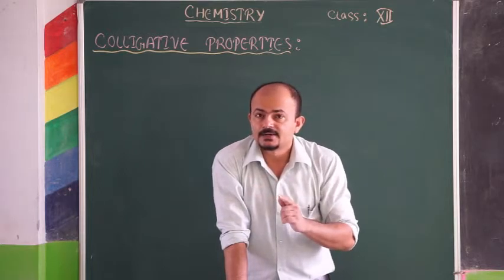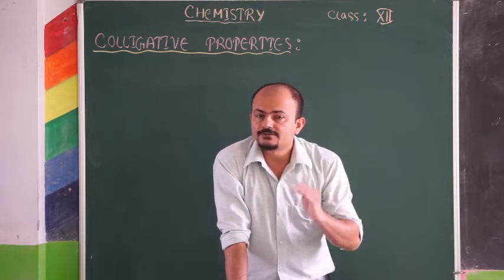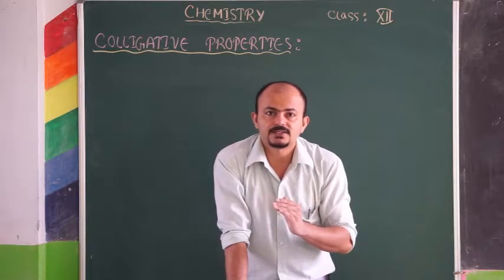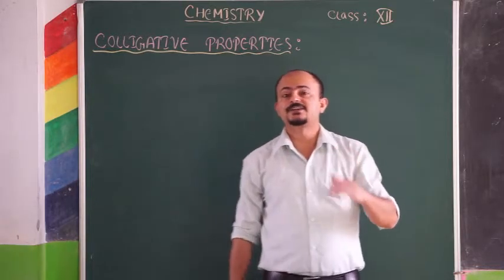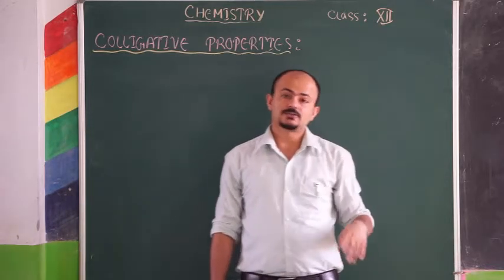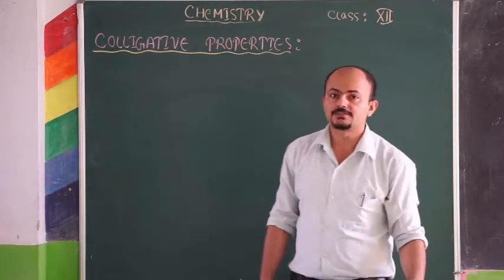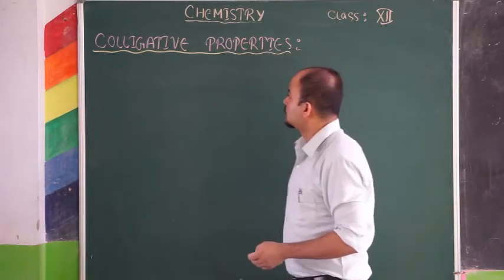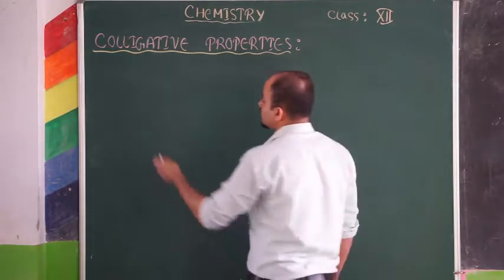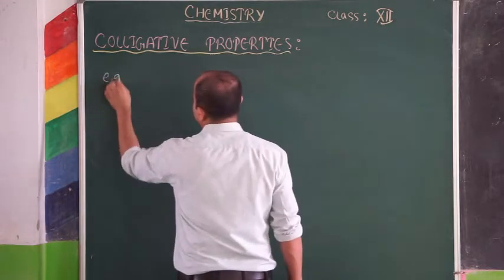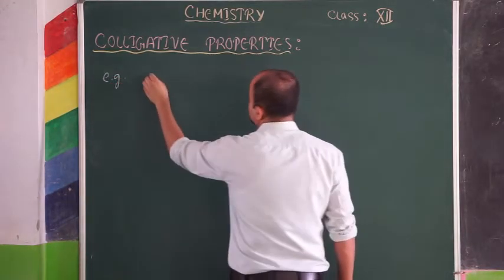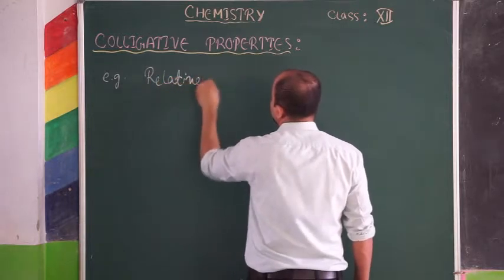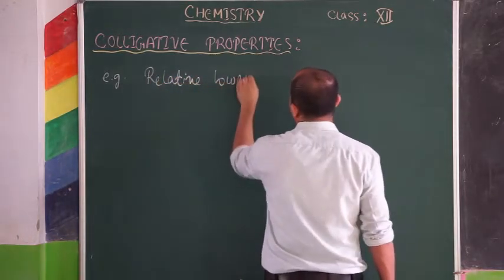Whenever there is a change in the number of ions or solute particles, there is a variation in these properties. Just remember, colligative property depends only on the number of solute particles. Examples of colligative properties are relative lowering of vapor pressure,